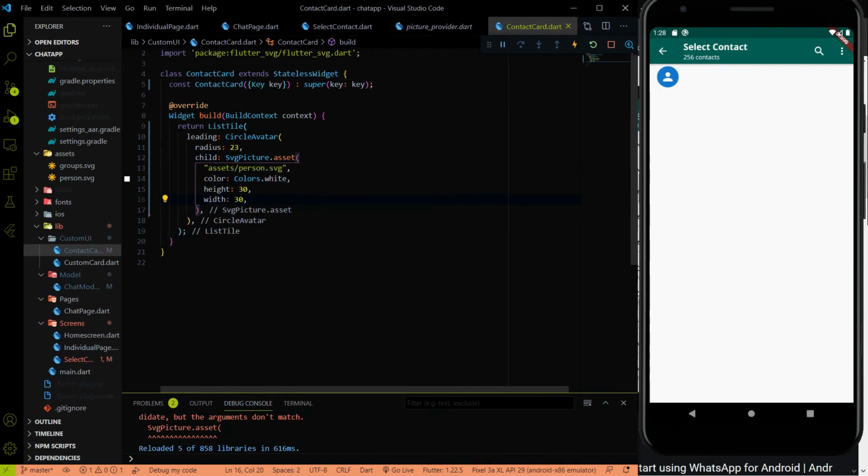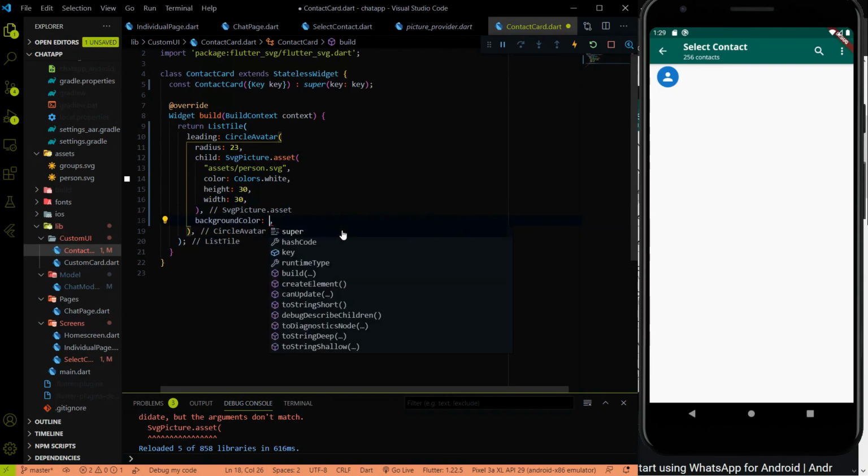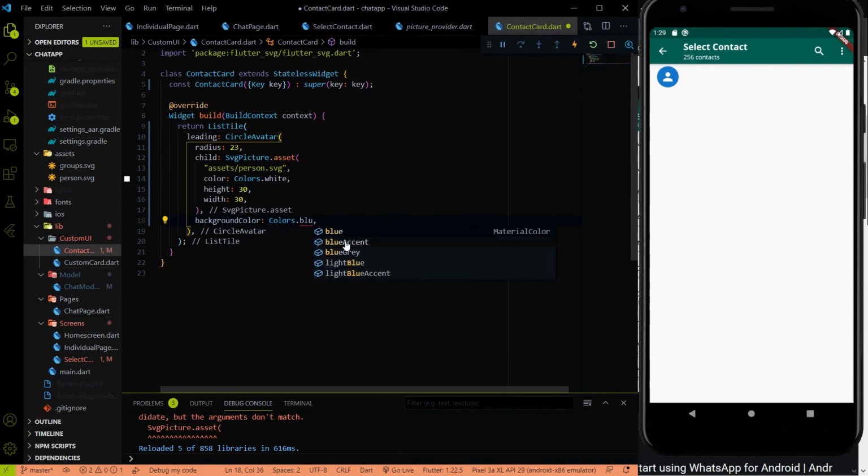And now the next step is to add the background color on the circle avatar. The background color will be colors dot blue grey, and we pass the parameter 200.